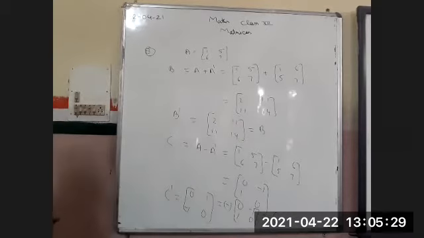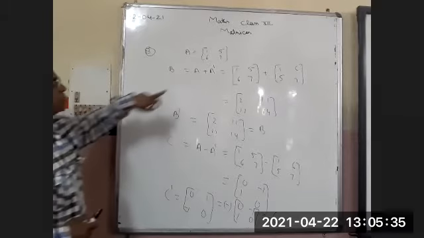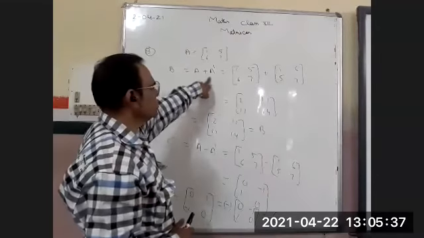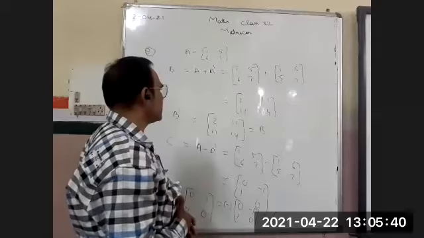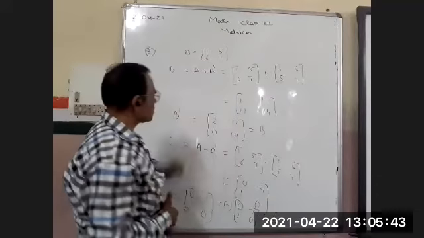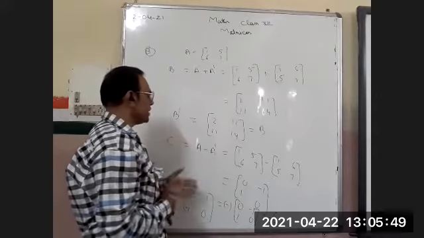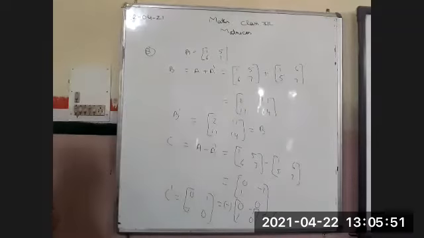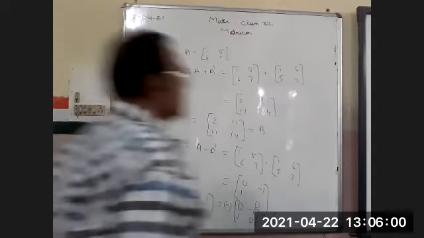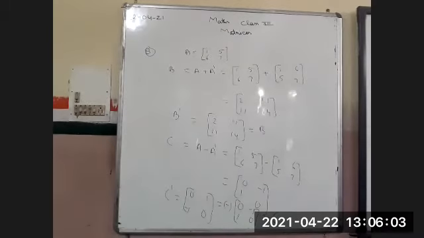It means if we want to convert any matrix into a symmetric matrix, we can add the matrix with its transpose, then it becomes a symmetric matrix. If we want to convert into a skew symmetric matrix, we have to subtract the transpose. Okay, we get the skew symmetric matrix. This is the method. This verification also gave us a formula. If you want to find out the conversion, we can do it this way by adding or subtracting. So both ways we can find the symmetric matrix and skew symmetric matrix.